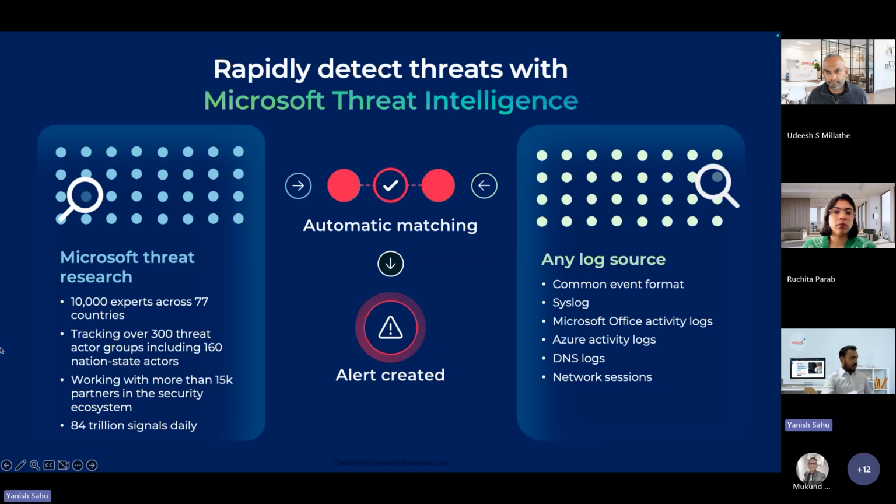There are more than 15,000 partners working across the globe with about 84 trillion signals daily analyzed by Microsoft, giving it the edge that is needed to be able to build the UEBA mechanism more suited for security environments. You can have that threat intelligence map to any log source. If you're bringing in network data to common event format or syslog format and storing it in Sentinel or to your Office activity logs, Azure activity logs, DNS logs, Windows servers logs, or network sessions logs, whatever you want to bring,